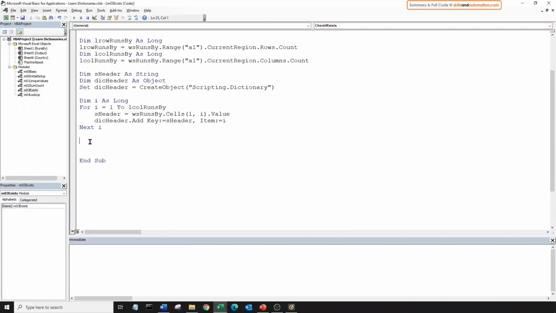Next, let's grab the last column of the output sheet. Now, this time we will loop from left to right across the column headers of the output sheet. And first check whether each column header exists in the dictionary consisting of column headers from the data sheet. So the loop will be for I equals to the first column to the last column, which is this one right here.